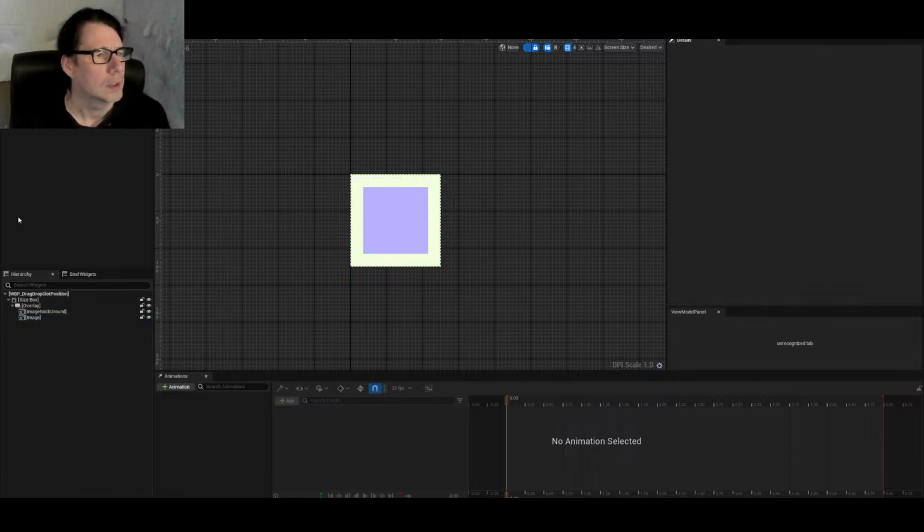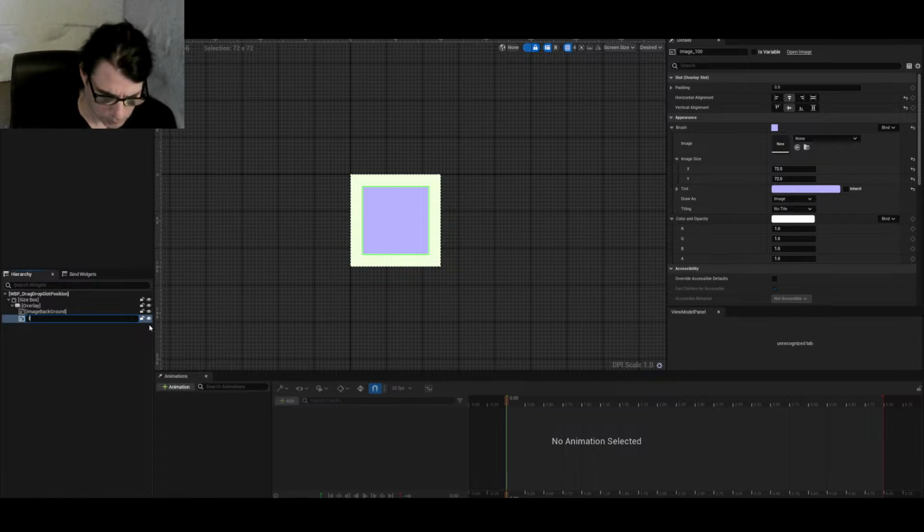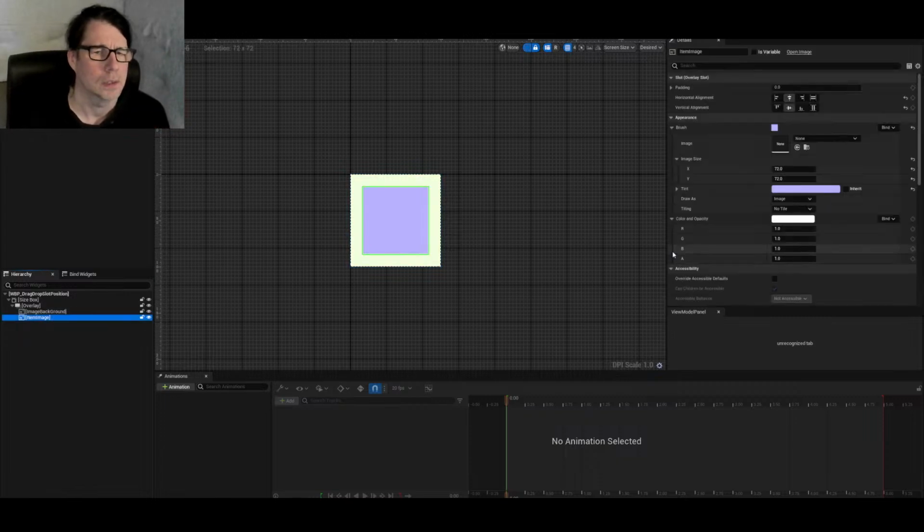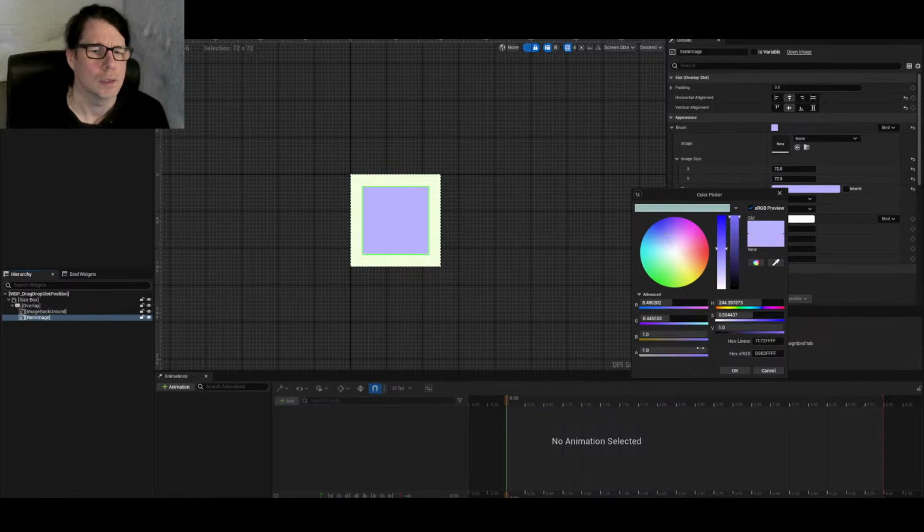This is going to be the item image. We're going to update the item image to either null or nothing, and that means that our tint is going to be,